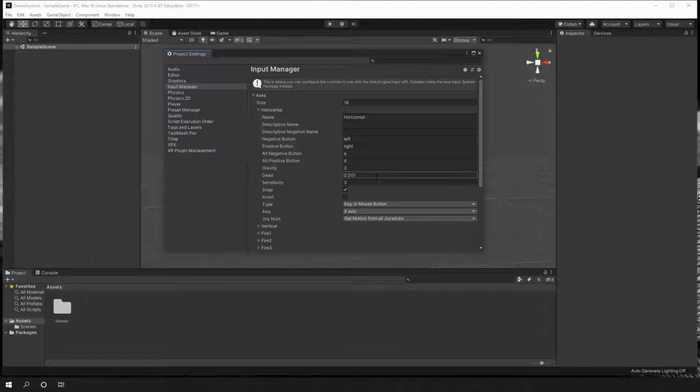One of the most important things in human computer interaction is to translate what the user wants into the actual things that we do on the computer. Then we have the sensitivity. This value allows us to know how many units per second we are going to move. If we increase the sensitivity, just moving the joystick a little bit will move us a lot. If we reduce the sensitivity, the user is going to have to move the joystick a lot.